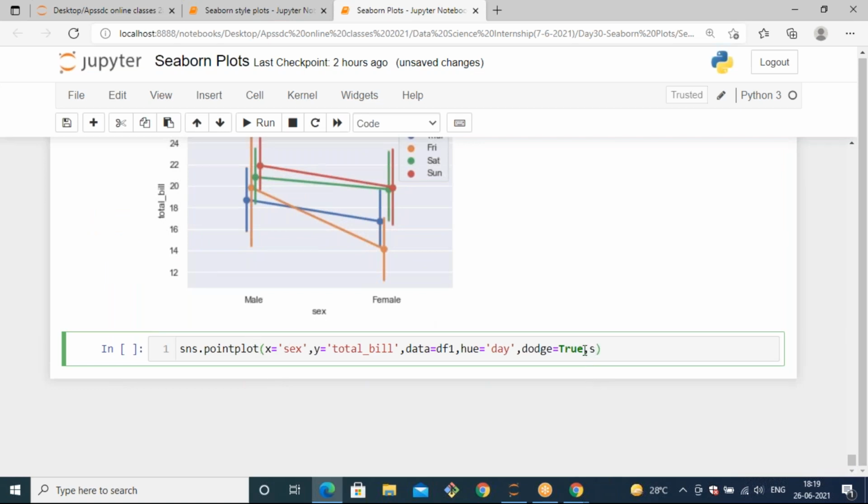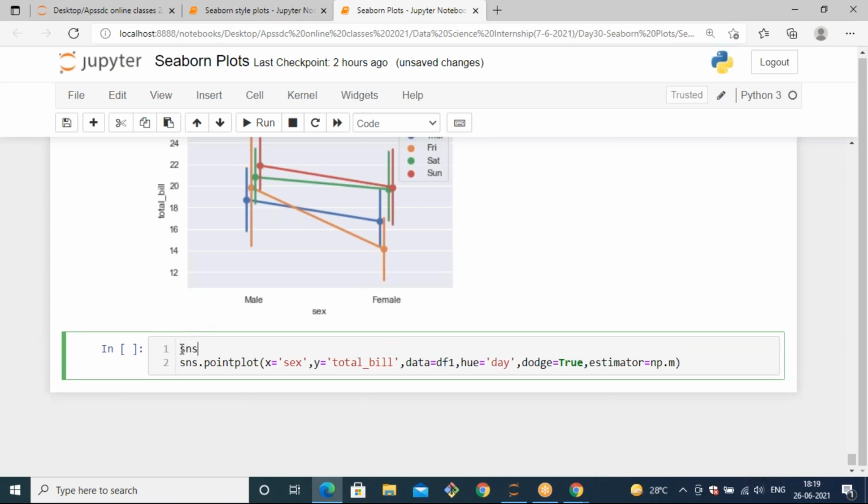Let's see, if I pass estimator equals np.mean, and then sns.set_theme and set_style, style equals white grid.